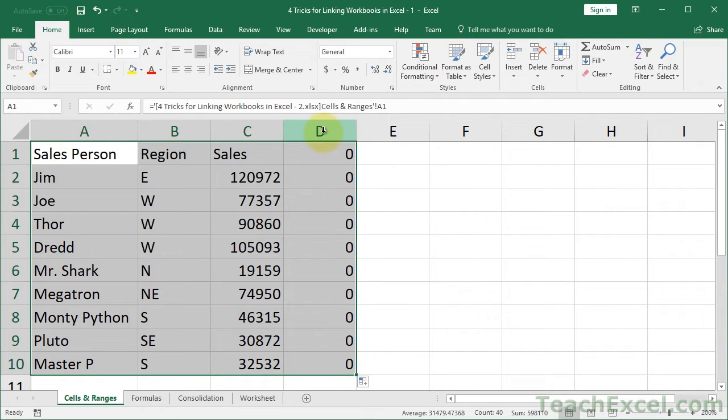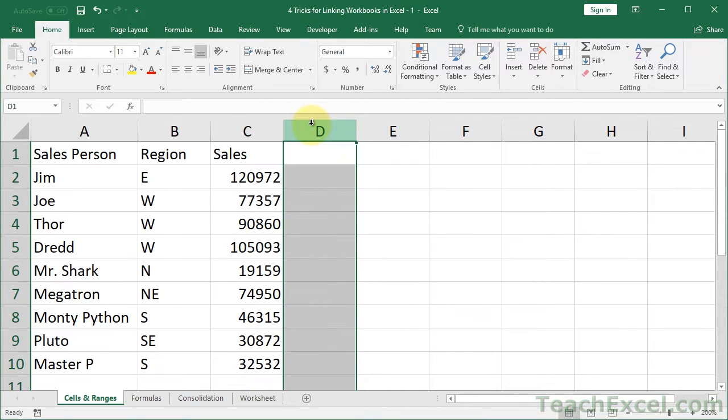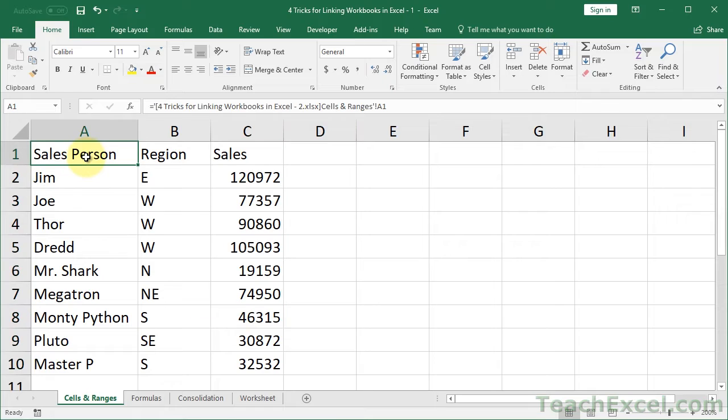And you're going to pull in all of the data. Okay, so there's nothing in D. Let's go ahead and delete that. And you have all the data from the other worksheet and the other workbook. It's so easy. And the moment that we change something in the other workbook,